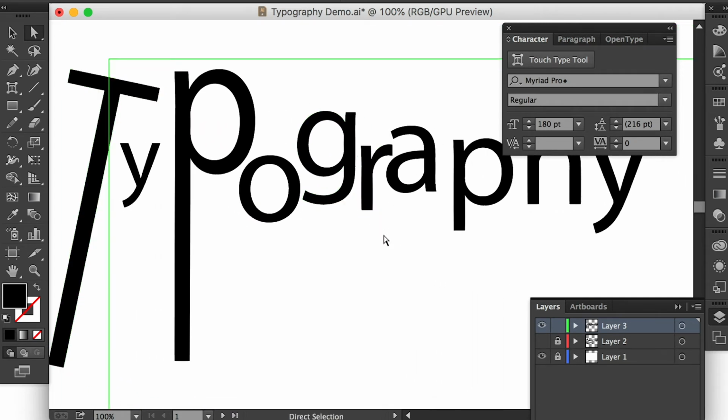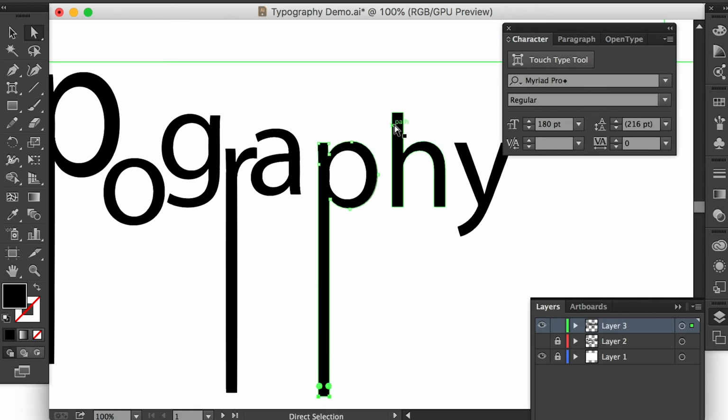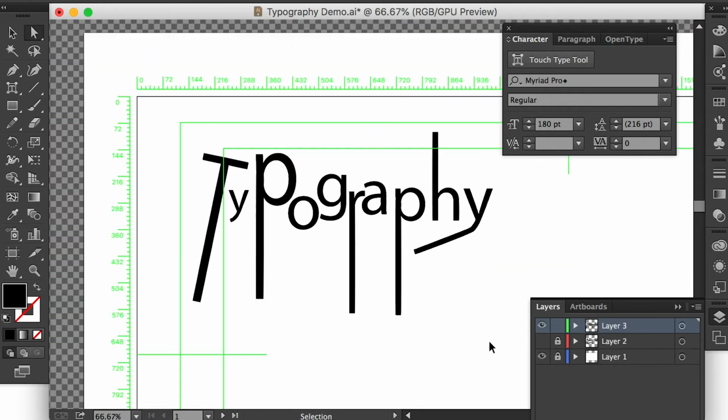I can select this one and extend it here as well. Okay, and maybe here, bring it up, and maybe here, the last two points, bring them in this direction, something like that. All right,